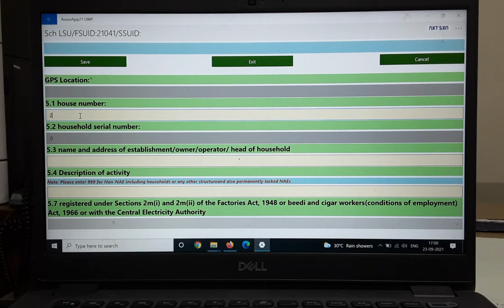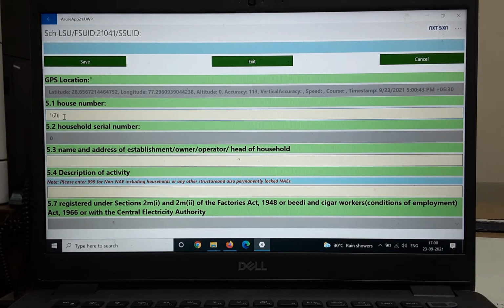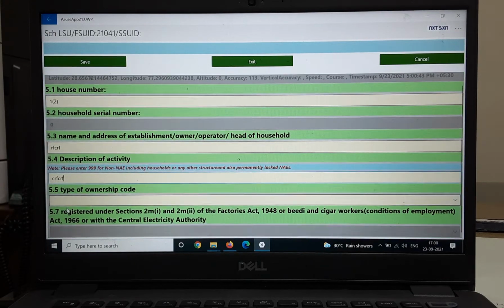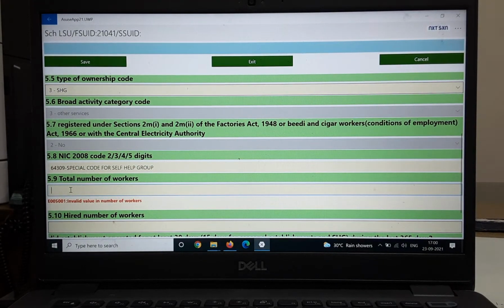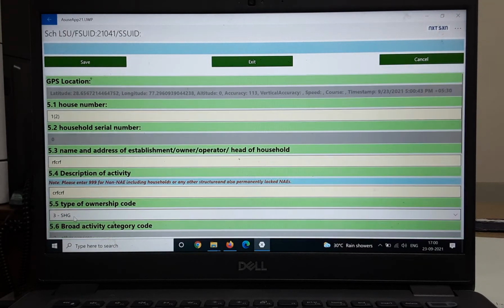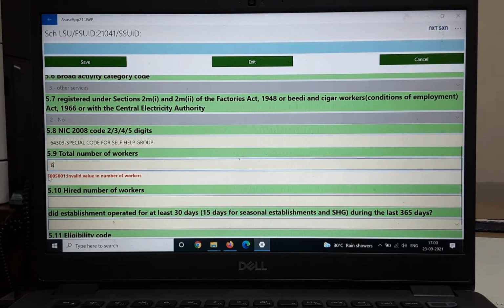House number, suppose I am entering 1A. Okay, description of the activity, let my ownership type be an SHG. Then total number of workers, suppose I enter 8, then it will show an error message. It says invalid value in number of workers. Since we are doing listing for segment number 9, we have to enter the establishments that are having 10 or more workers. So accordingly we have to